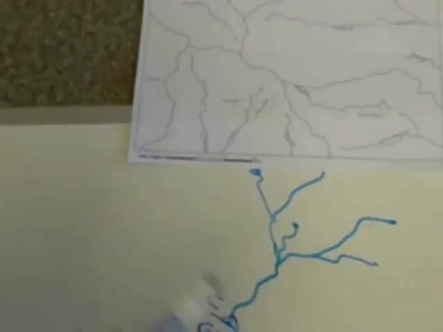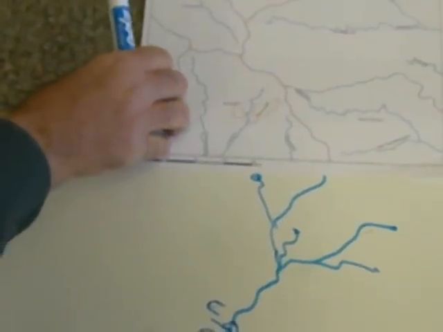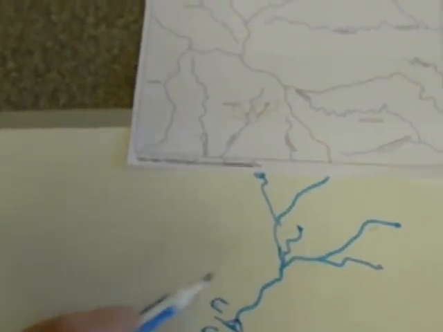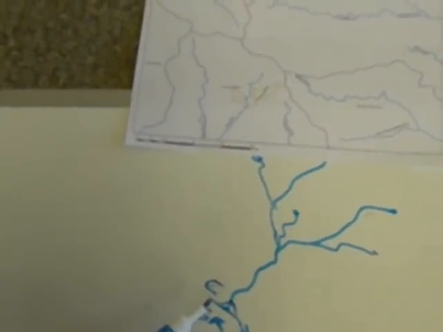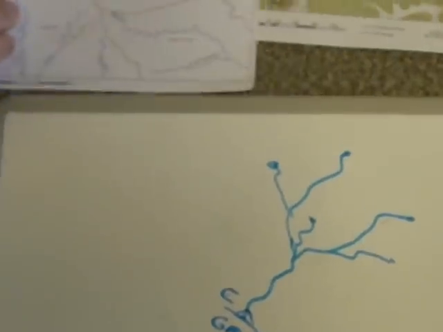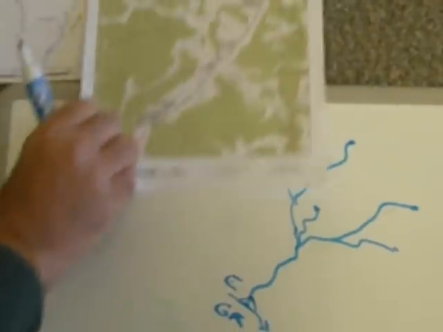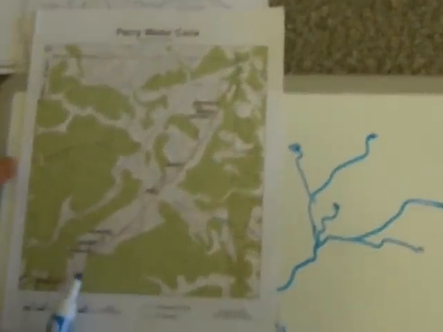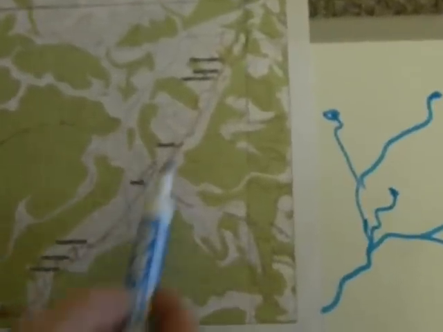It gets troublesome. On the one hand, I could say that this is a very old feature, and that might mean something. But if it was an old feature, let me move the topo map here into play. Well, we see that the cave basically goes under this creek,